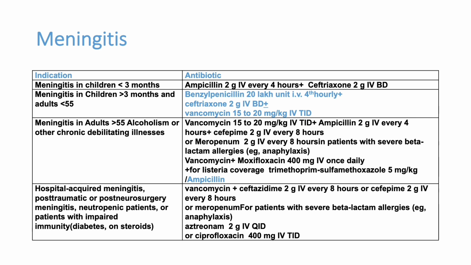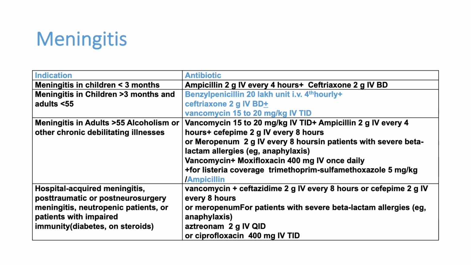The commonly used antibiotics in empirical therapy: we have to cover both gram positive and gram negative organisms when we are starting empirical therapy. So we can give penicillin with ceftriaxone. Penicillin mostly covers gram positive organisms which can produce meningitis. Ceftriaxone covers gram negative organisms also. The dose of ceftriaxone will be higher. 2 gram IV BD or TID may be required.